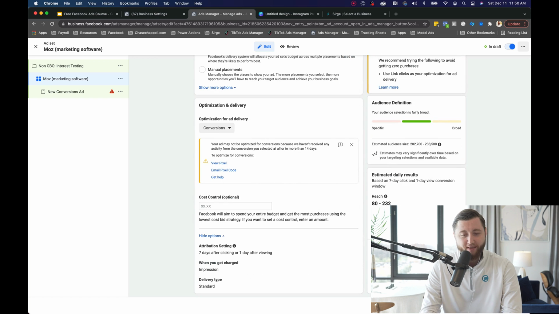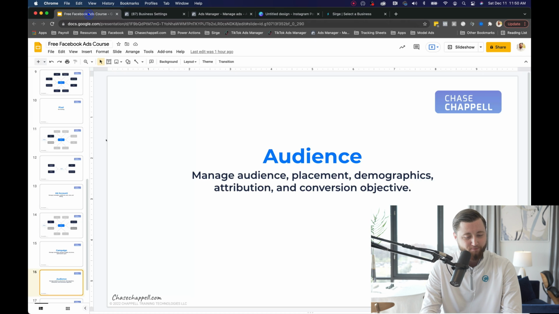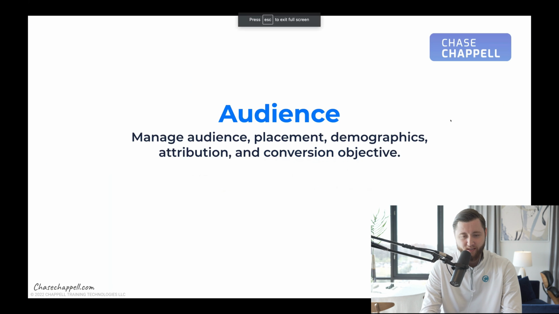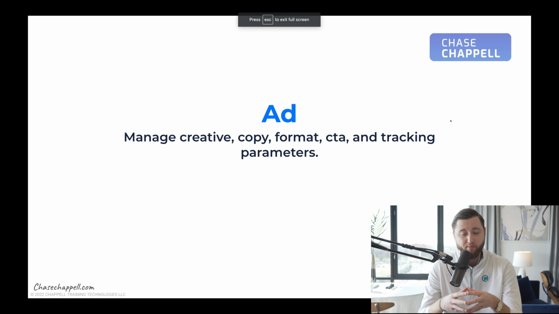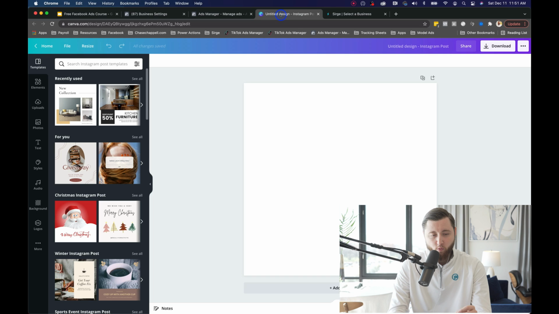So now we'll go to the ad level. And at the ad level, this is where we manage the creative, the copy. This is where we format it. This is where we apply our call to action and tracking parameters. So now that we're on our ad level, we're going to go to canva.com